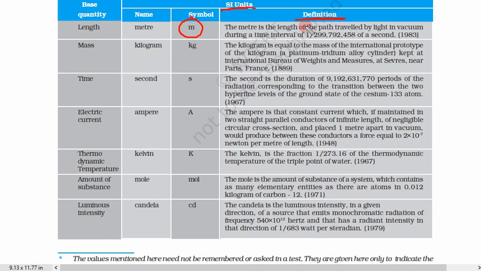Initially it was a comparison with these standards. What is 1 kilogram mass? 1 kilogram mass is equal to the mass which is kept in Paris. What is 1 meter length? 1 meter length is equal to the standard length kept in Paris. So these were the definitions, but since these were not permanent and can be destroyed by an earthquake or some natural calamity, new definitions were invented. So now we are going to see those new definitions.